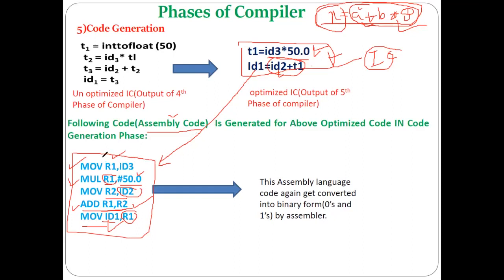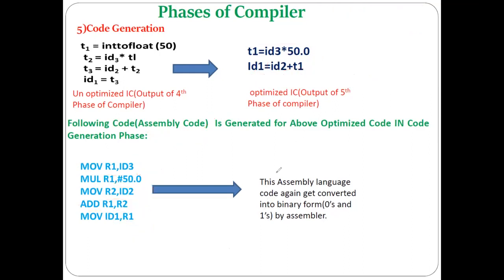Here you can see how the registers are being utilized, as an example I have shown you here, and how the machine code will be generated in the form of assembly code for this kind of intermediate code. Okay. And again, this assembly language code is converted to binary form by our assembler. Understood? We don't have to bother about this last point. If you understood up to this point, then also it is very much sufficient. Understood?